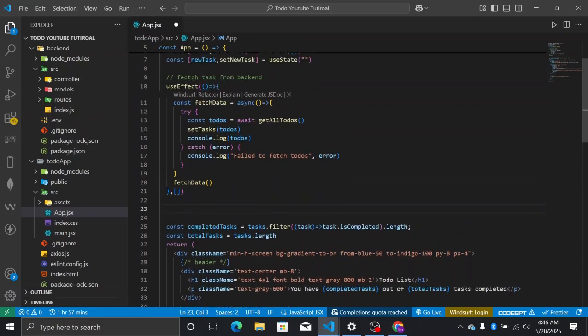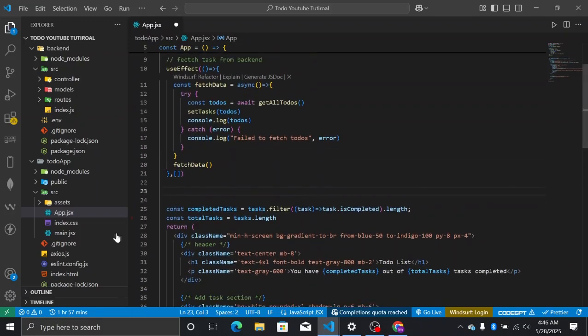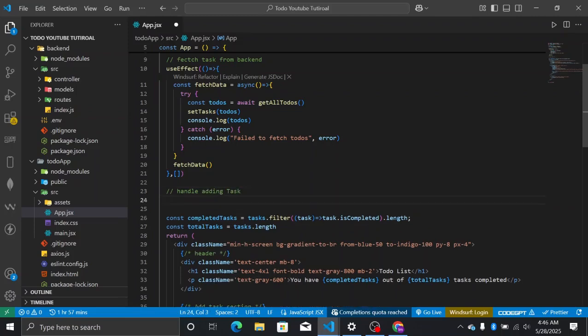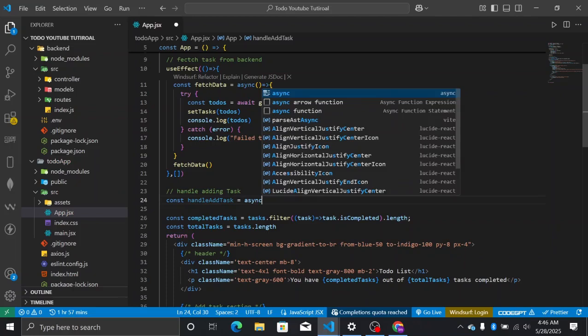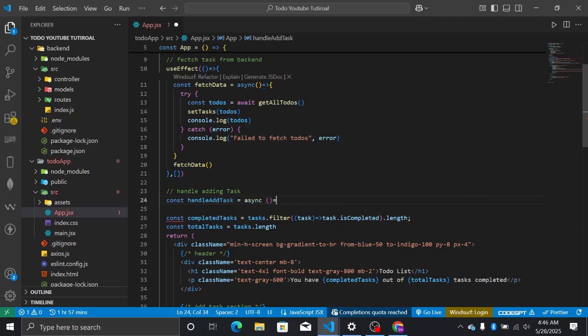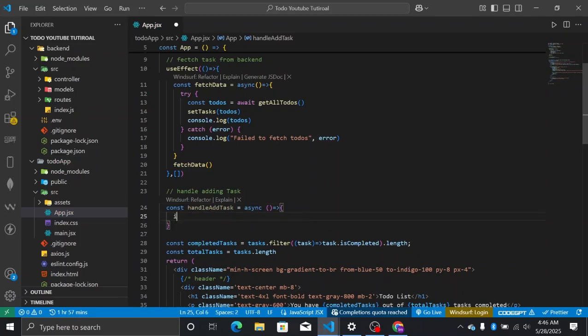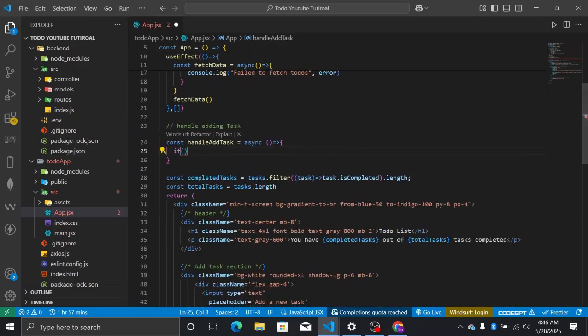Alright, okay. So the next thing we want to do, we want to handle adding of tags. That's going to be handleAddingTag. Handle adding tag. Okay, so we're going to say const handleAddingTag. You can name it anything you want, but just so you can remember it when you're reading your code. Async. Alright, we're going to say if the new tag is not true,